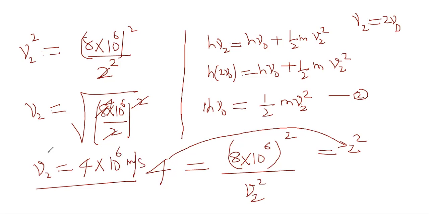Sir, I have a question. Without doing the 2 square thing, can't you just do V2 square equals root of 8 whole square divided by root 4? Of course we can do that. You divide 8 by root 4. But for that, you have to expand this 8 square. 8 into 8, 64. Understood? Sir, just a second. Can't you just do V2 square is equal to root over 8 into 10 power 6 whole square by 4? You can just do it by 2 because you're using the root and